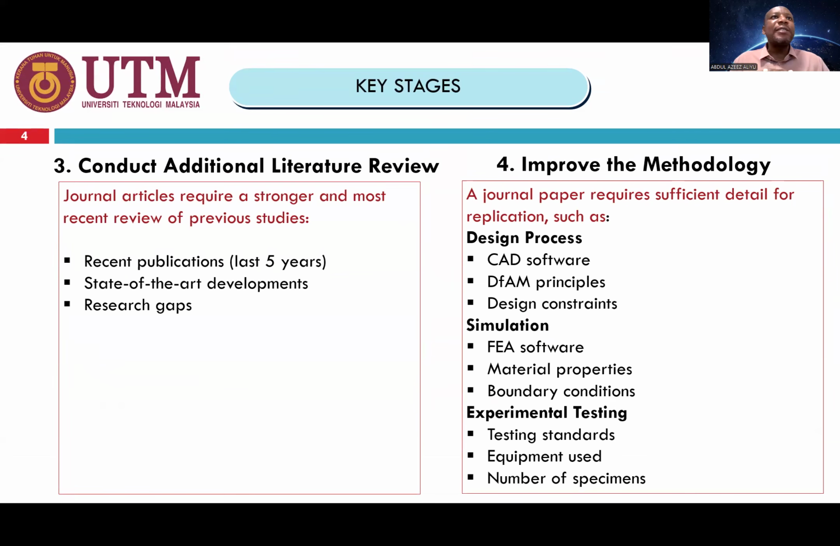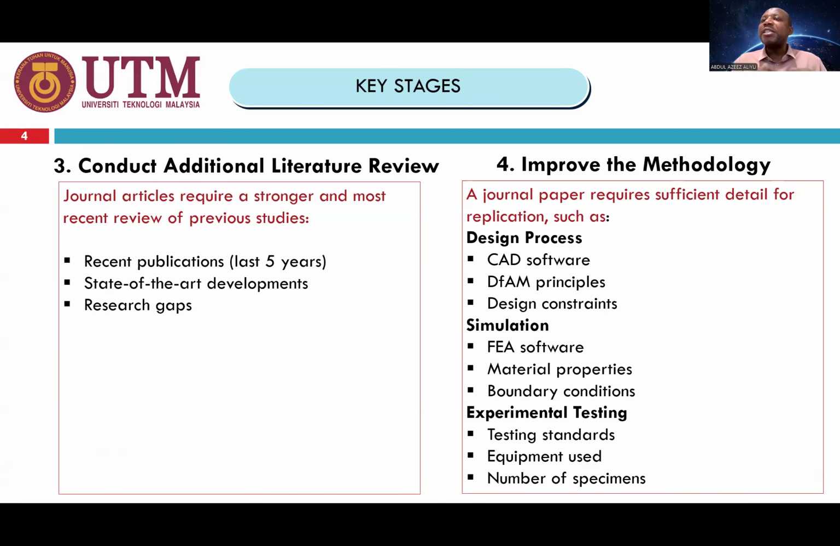After this, you need also to conduct an additional literature review. Why? Because journal articles require a strong and most recent review of previous studies. Mostly, they need citations of papers that are within the last 5 years of publication. And this gives the state-of-the-art development. Then you need also to improve your methodology. A journal paper requires sufficient detail for application because some scholars might need to replicate the method you use